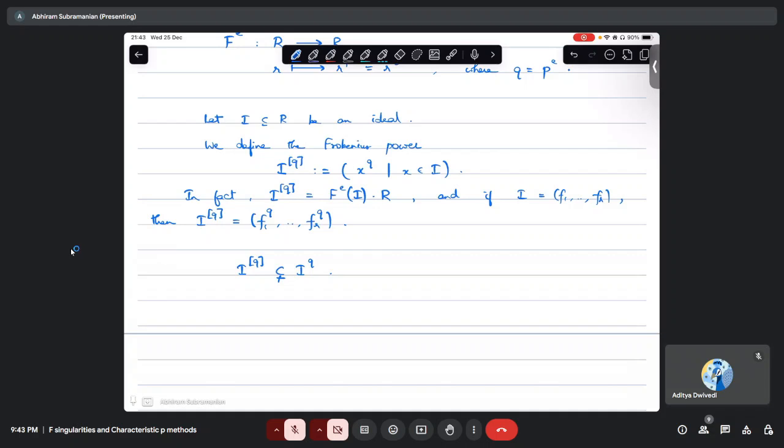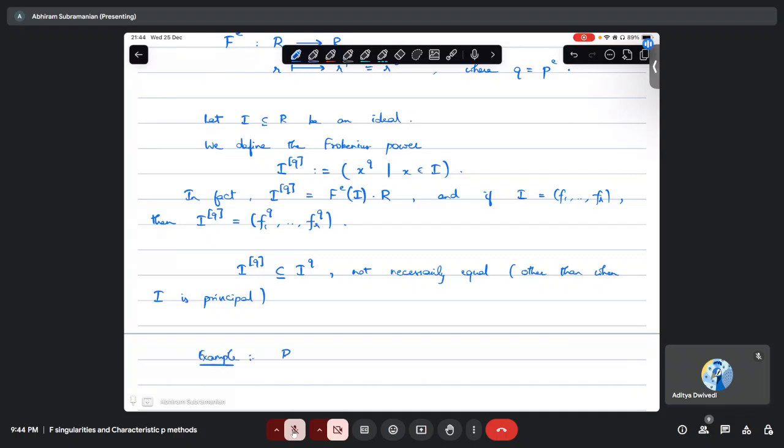Even if the ring is of characteristic p, this is not true. These are positive characteristic rings. Is there a class of rings where the Frobenius power and ordinary power coincide? Of course, when the ideal is principal, this equality must hold. So let me write: not necessarily equal, other than when I is principal. When it's principal, it's generated by one element, and the ordinary power and the Frobenius power are the same. But if it is generated by two elements,